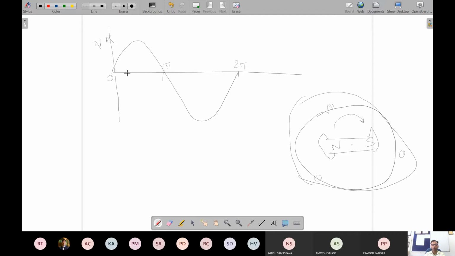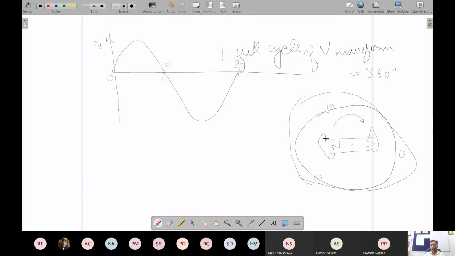So this is what I'm talking about in terms of electrical degrees. Electrical degree means one full cycle of the voltage waveform generated is equal to 360 degrees. So in this simple case, when you have 2 poles, one full rotation of the rotor is generating just one full cycle of the voltage waveform. So that's the 360 electrical degrees.